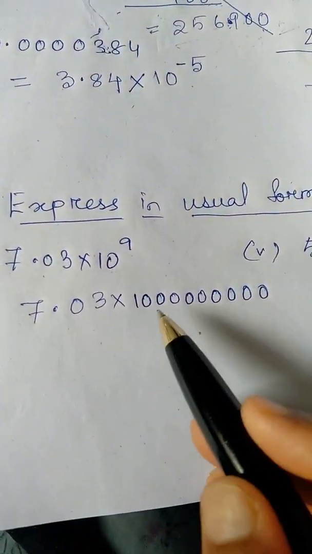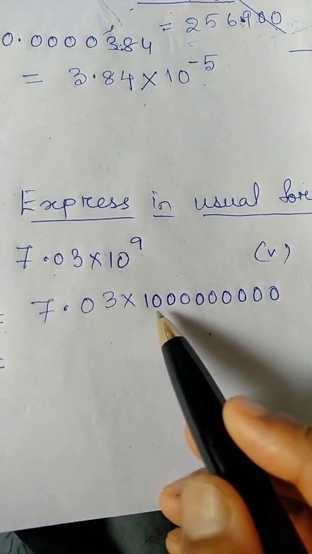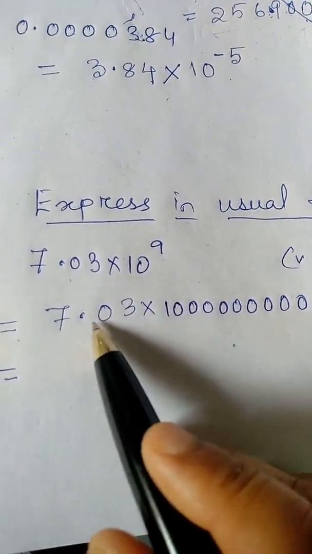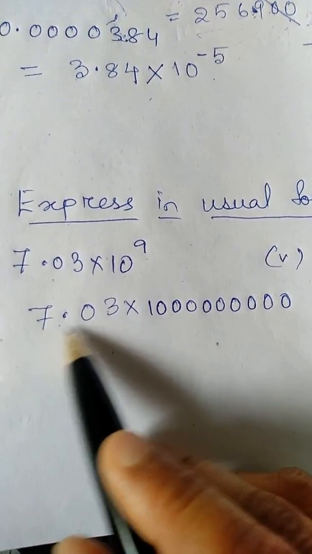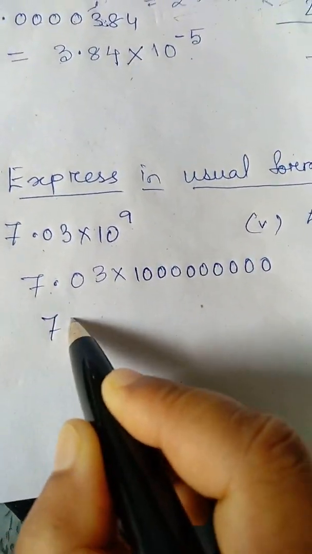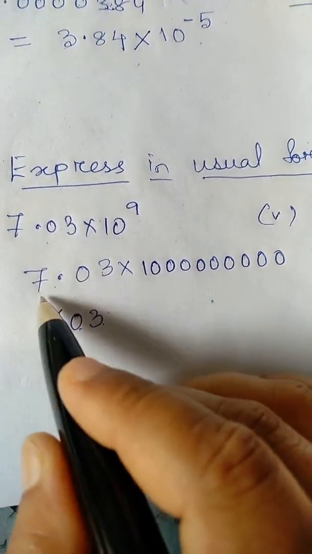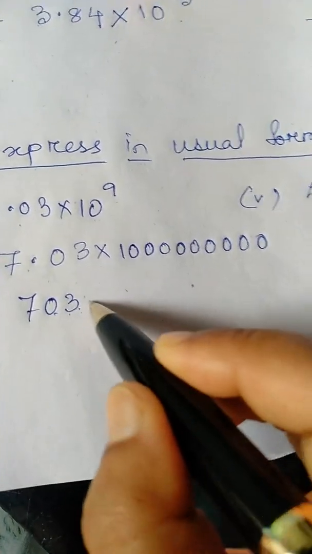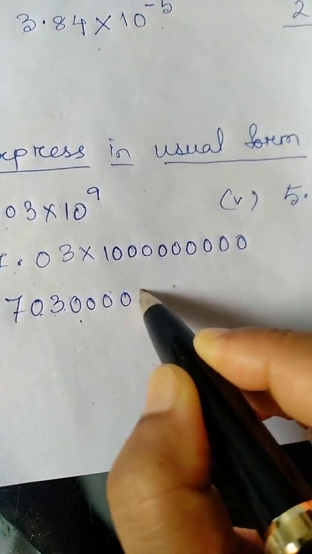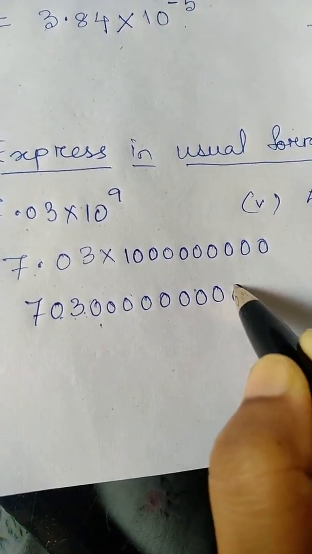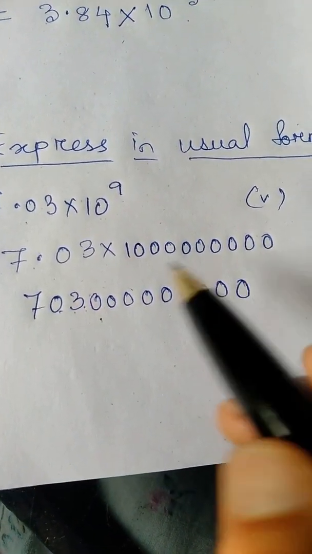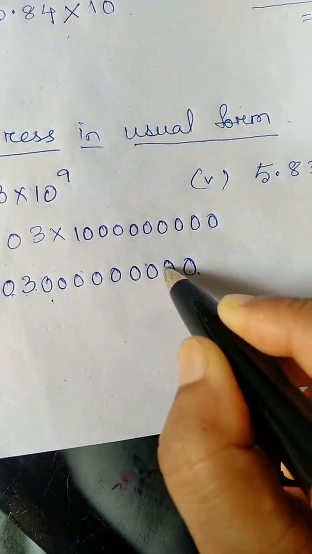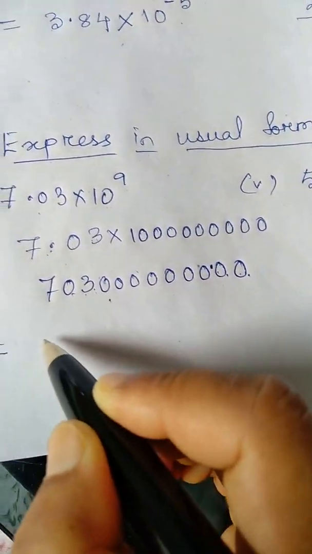Like that only. So here 9 zeros are there. Now this point we have to move. Since here it is 2 digits, it means before 2 digits. So when we multiply this whole number, after 7.03, 703 will be as it is, and 9 more zeros will be added: 3, 4, 5, 6, 7, 8, 9. But where will the decimal be placed? Before 2 digits. So 1, 2.